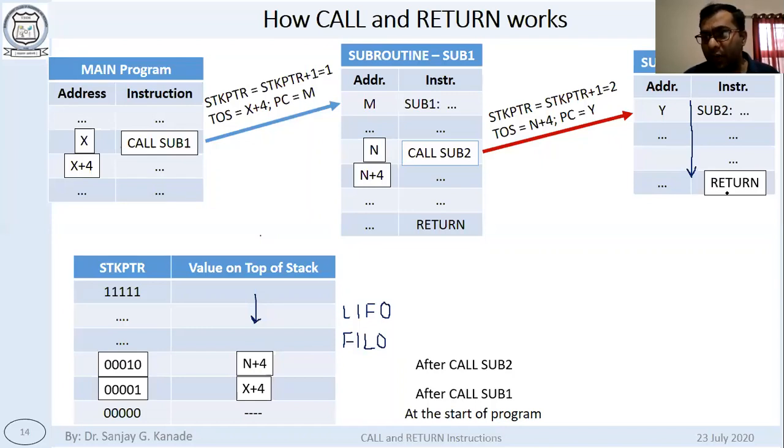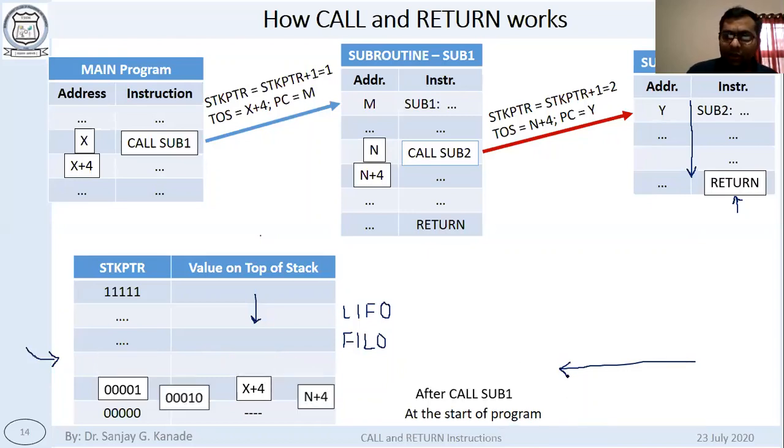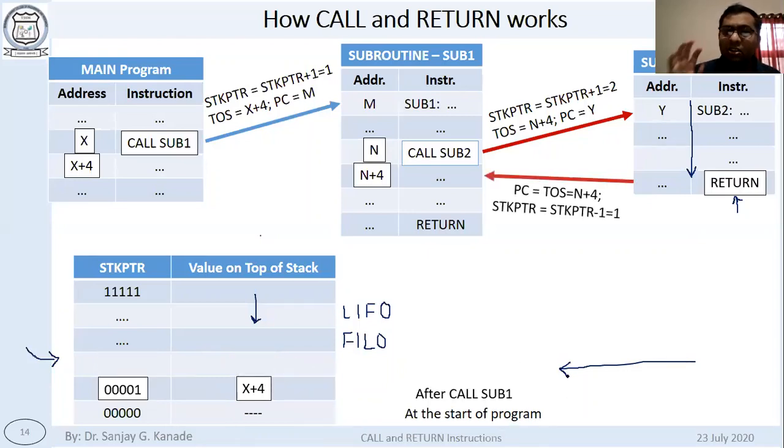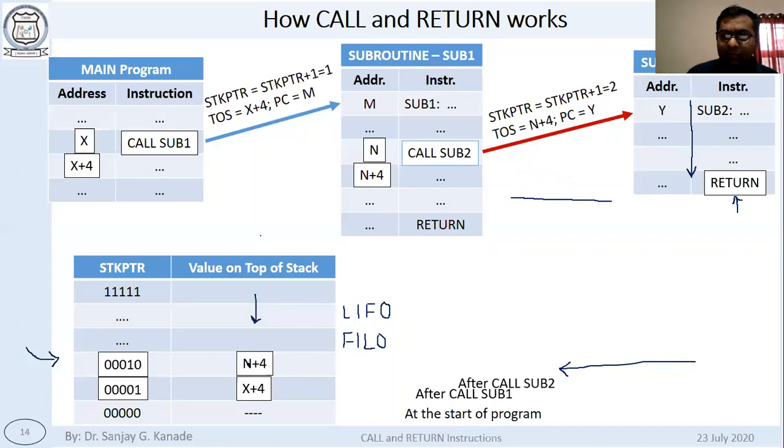So now when this particular return instruction comes in the program, note down again on the stack. Please pay attention to this line. What happens when the return comes? That value written on the stack, here it was n plus 4, is removed from the stack.